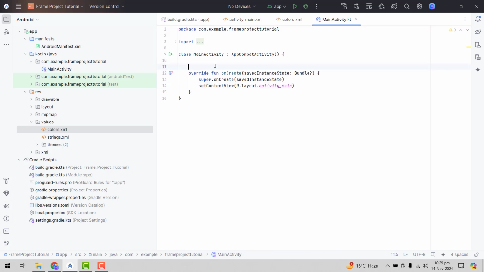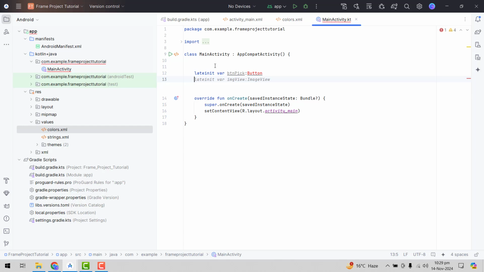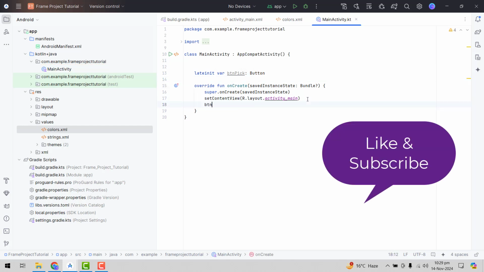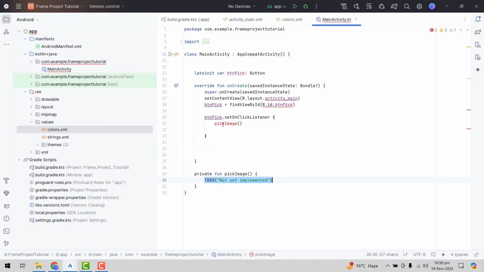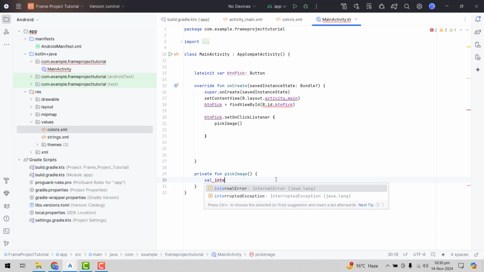Now we will go to our main activity. And in here first of all we have to specify the button. So we will bind the view. So for that we can say bind view by id, right, and here we will create a method that will be the pick image, right. So after this we can create the function, and here we will use the intent to open the gallery so that the user opens the image. So here we can say value intent equal to